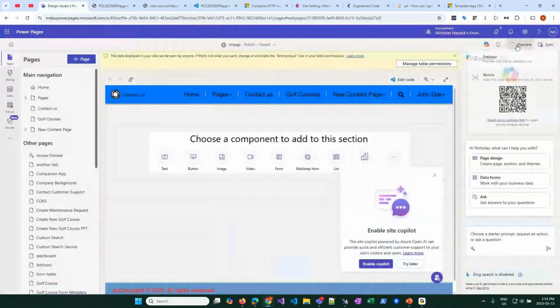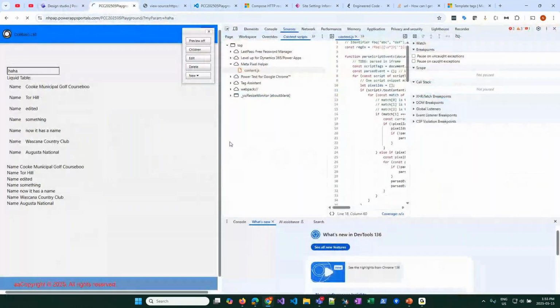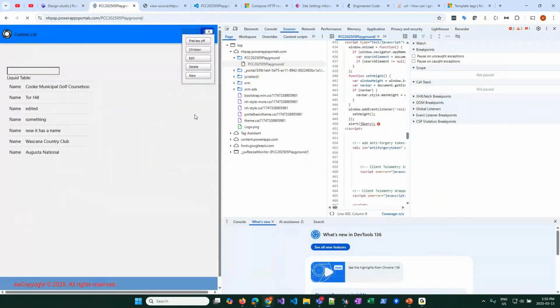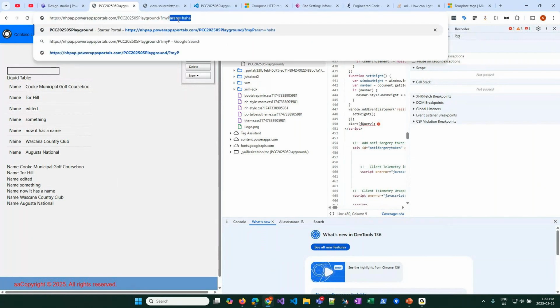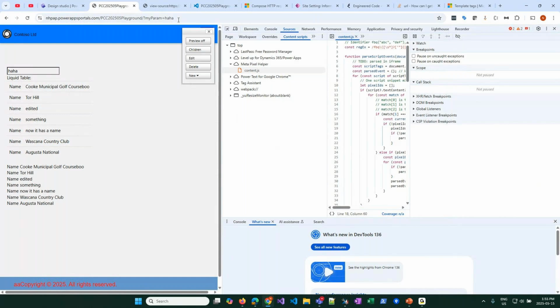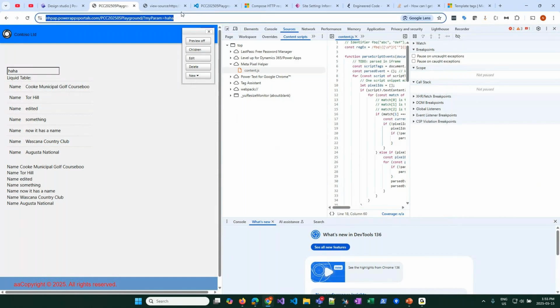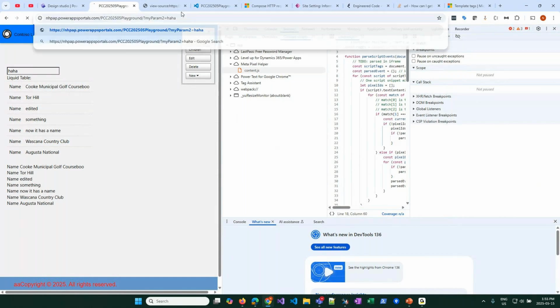Go back to here, preview. All right. So if I go my param, that's the JavaScript doing it. But if I do my param2,